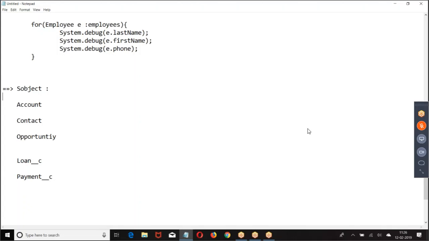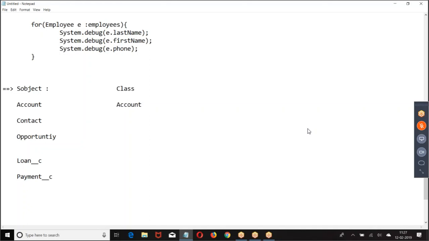How do you refer to these tables in the Apex programming? In the Apex programming, everything is going to be a class only. Everything we should refer in the form of class only. But in the database, whatever the tables we created, how do you refer to those tables in the Apex programming? So for every table, there is an equivalent class. For every S object in the Apex programming, we have standard classes.